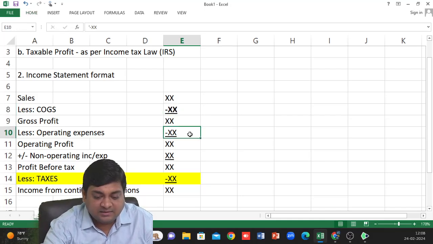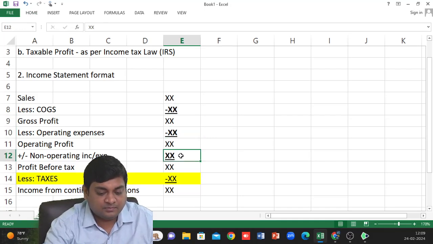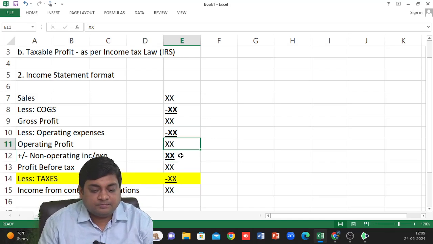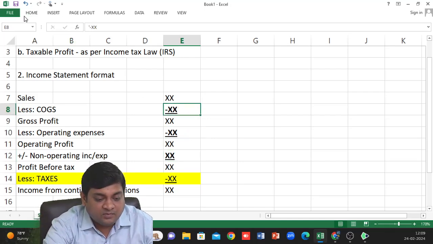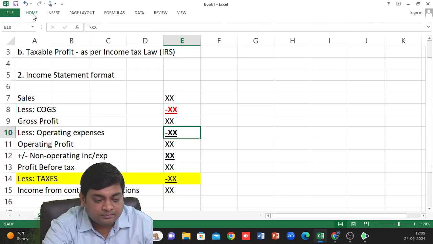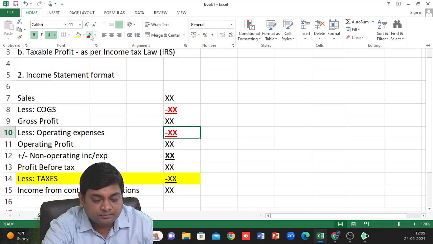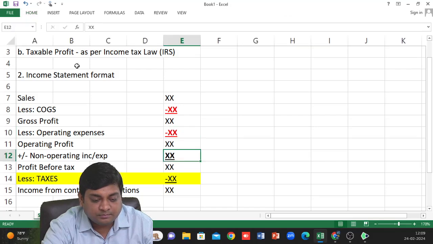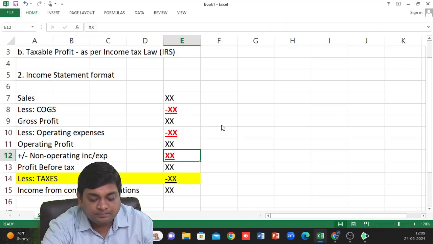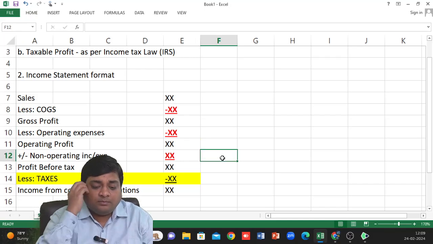These are expenses. Right? Is it okay? Right? Now,